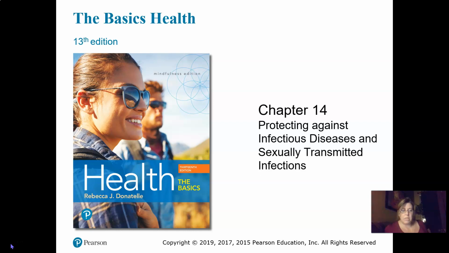Welcome to Chapter 14, Protecting Against Infectious Diseases and Sexually Transmitted Infections. While infectious diseases are no longer the leading cause of death that they once were, it's still really necessary to have an understanding of the process of infection, and an understanding that adequate sleep, proper nutrition, exercise, and good hygiene can really help in building resistance to colds, flu, and other diseases,